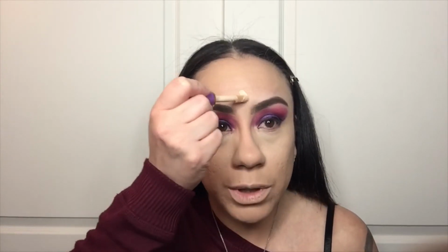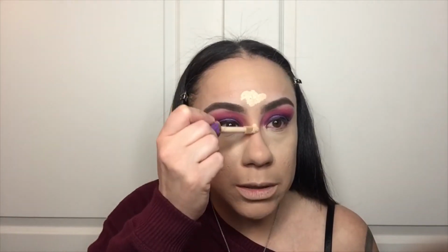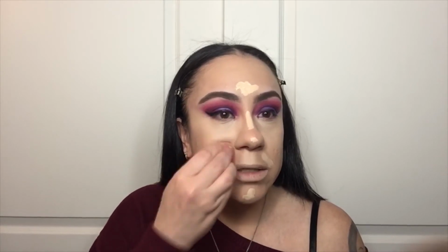Alright, so now that that's done, let's go in and finish off with our concealer. So I'm going back in with the Tarte Shape Tape, and we're going again with the color Light Neutral. Just going to put some here, here, here, Cupid's bow, here, smile lines. And then I'm just going to pat this in. I do my smile lines because it tends to crease there, so I like to put the concealer there